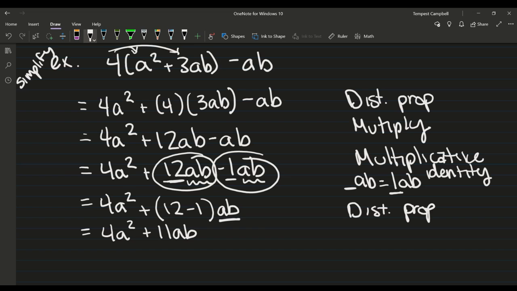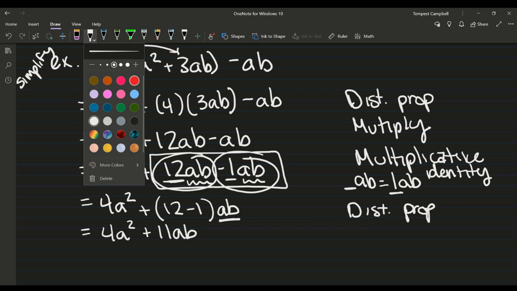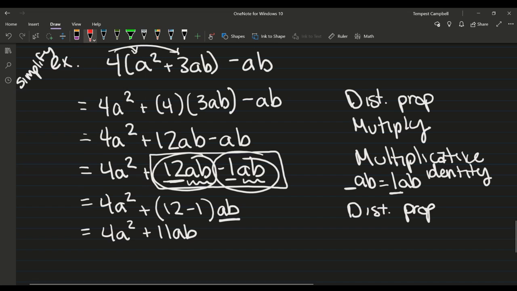The other way to think about this, you don't have to do the distributive property. You could just say, well, these are like terms. And so now I can do 12ab minus 1ab. I could just rewrite it with parentheses and use the associative property and associate these two together. But don't forget to include your plus sign in front. So now